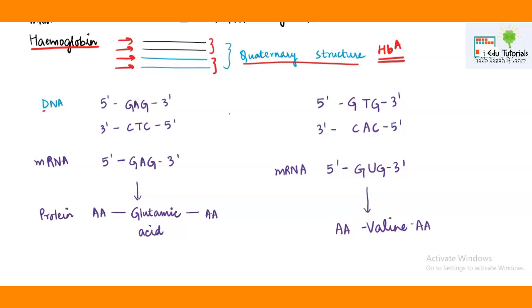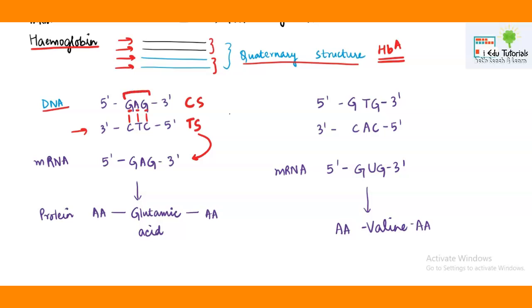You know that DNA has 2 strands, as I have just told above, that one strand is the coding strand and another strand is the template strand. So this is our template strand, this is our coding strand. Template strand gives rise to the messenger RNA. Now, as per the base pairing rule, guanine always binds with cytosine, adenine always binds with thymine. So this is one base sequence which has been given to you.